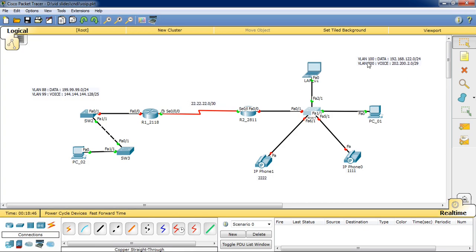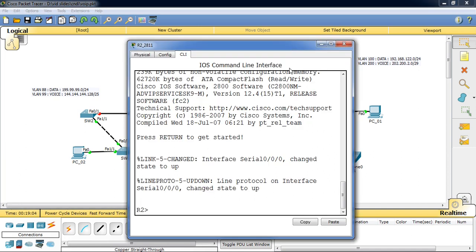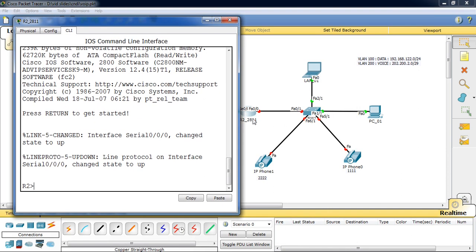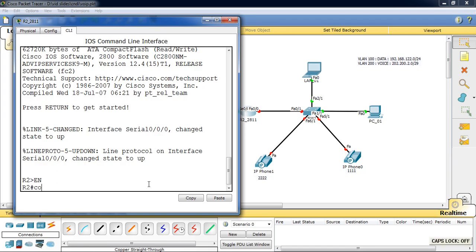And you know, for VLAN 100, 192.168.122.0 has been given, so the last usable will be 192.168.122.254. For VLAN 200, 202.200.2.0 has been given with /29 as the block, so the last usable will be 202.200.2.6. So I'm going to use them in my subinterfaces. You can see the main interface is FastEthernet 0/0. So let me go to the global configuration mode,